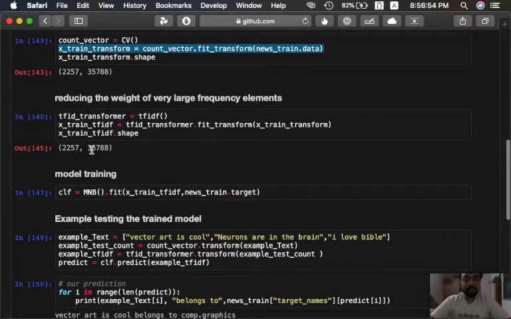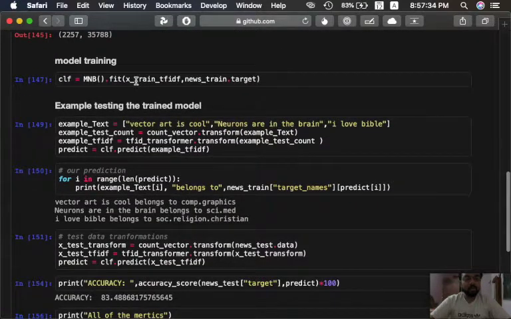Now let's say there is a sentence, the quick brown fox is playing in the field. As we can see, the is an English article and it would occur a lot of times in any English text. So we need to reduce the frequency of very frequently occurring elements that have nothing to do with our classification model or the class we want to classify the object into. That's why we use the TF-IDF transformer function to reduce the frequency of all of the words that are of no use, like for example the, is, etc.